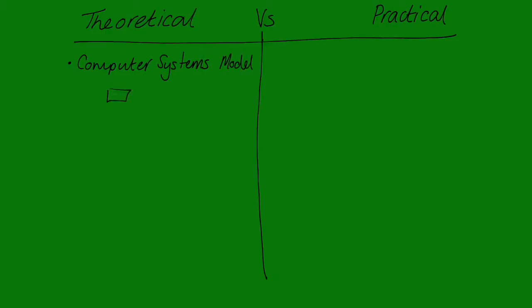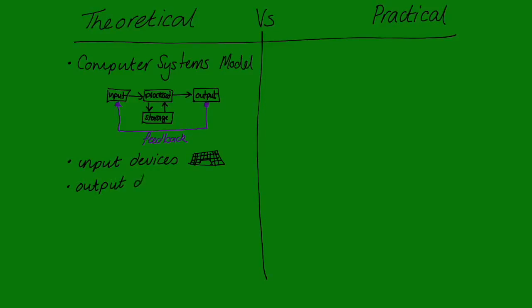We've looked at the computer system model where we had input being processed, could be stored or at least retrieved from storage, and then output in some way. We then looked at the fact that some of those computer system models have the output affecting the input. That's your feedback system. We looked at the different input devices, where you should be able to identify them from a list at minimum. We've looked at the output devices, things that you get from the system. And again, you should be able to identify them from the list. You looked at storage devices, from CDs to memory sticks, and thought about which one would be useful in different situations,